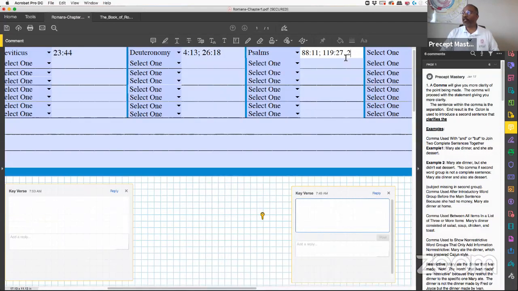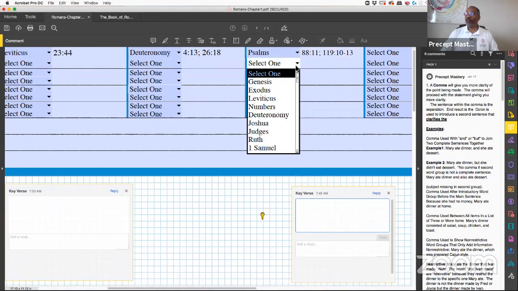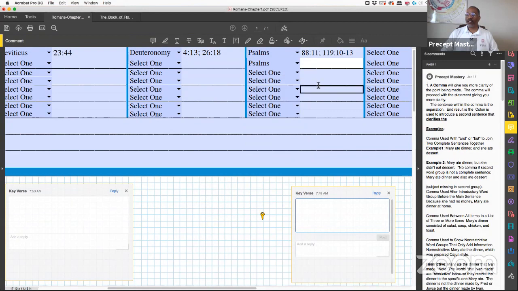And actually, I did that wrong. I'm sorry. 119, 10 through 13. That's why I was saying I can't get all that in there, because I have to do this again, because it's 25 through 27. So even though I don't normally do it, just so we can get the understanding, we're going to put in the other one. We're going to put in 119, and then we're going to look at 25 through 27.